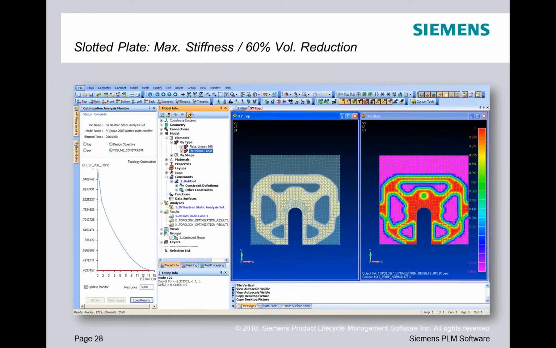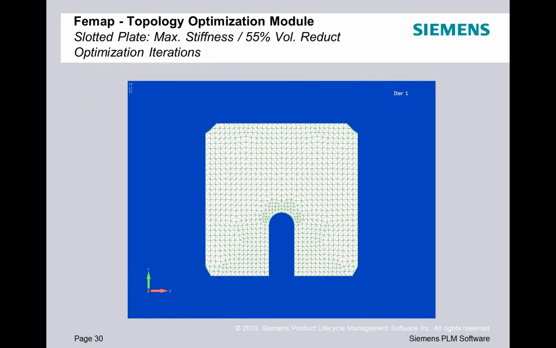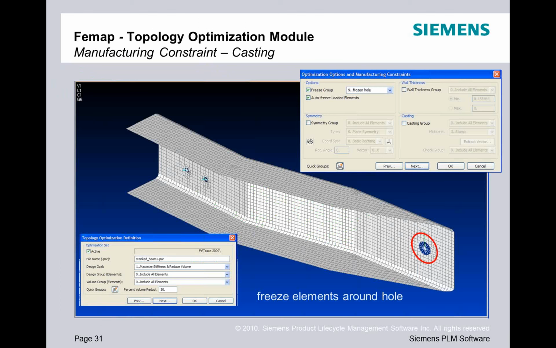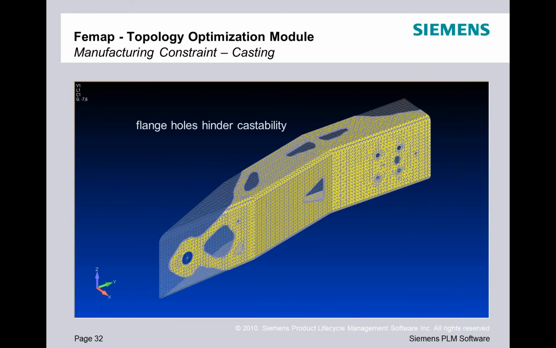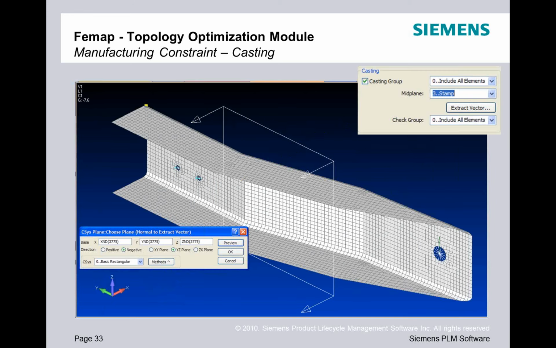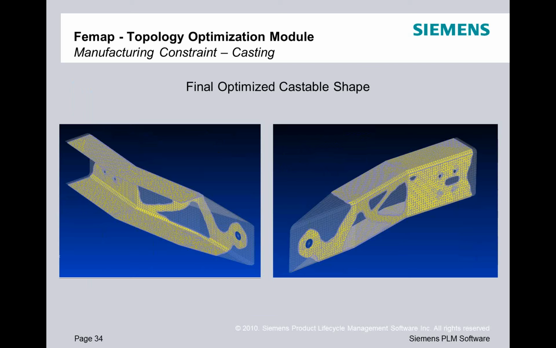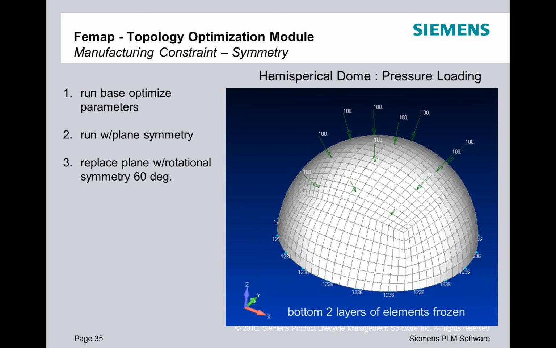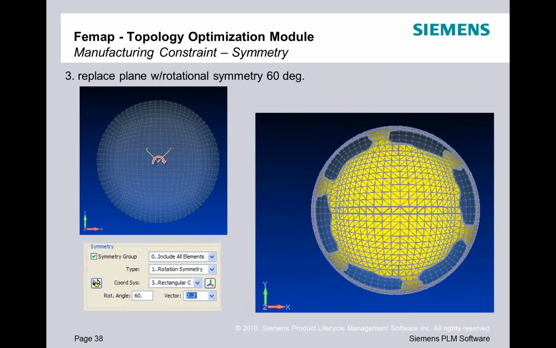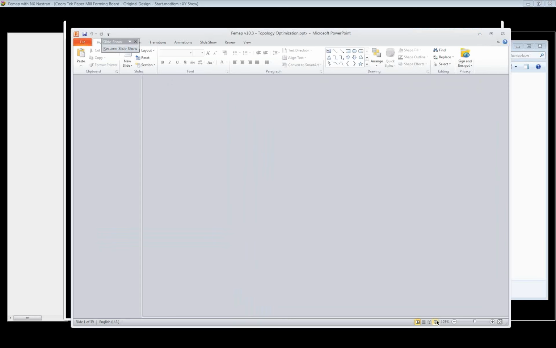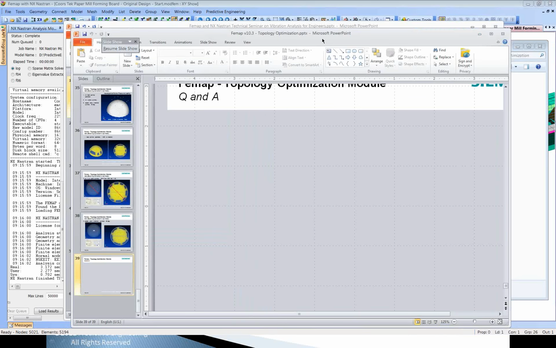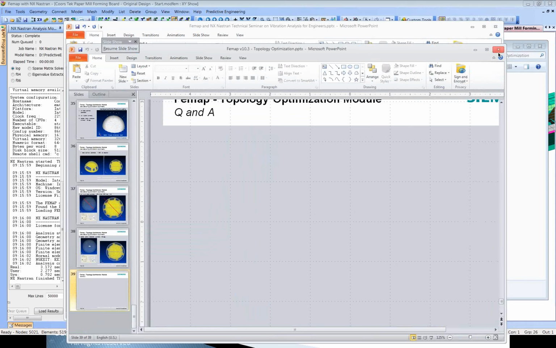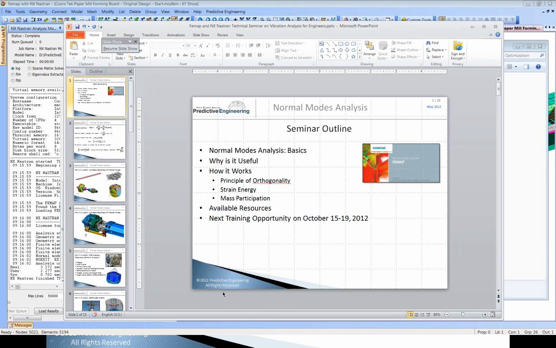You take a plate, carve it out, you get a cool design. And freeze elements around a hole. This is a casting, carve away, and it'll do solids. Except in the demo, I think they just use plates because they can actually build these models and run them in their lifetime, and symmetry. And you can do it for stress and vibe. So if that's of any interest to you guys, give us a buzz on that.